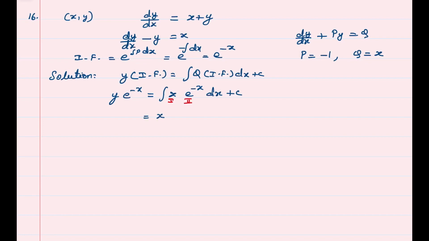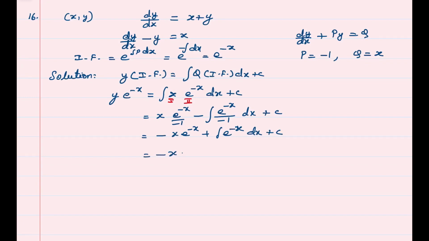First function into integral of the second function, which is e power minus x divided by minus 1, minus integral. Differential of the first function is 1 and integral of the second function is e raised to minus x divided by minus 1 dx. Minus x e power minus x plus integral e power minus x dx plus c. Integral of e power minus x is e power minus x divided by minus 1. Therefore, the solution is